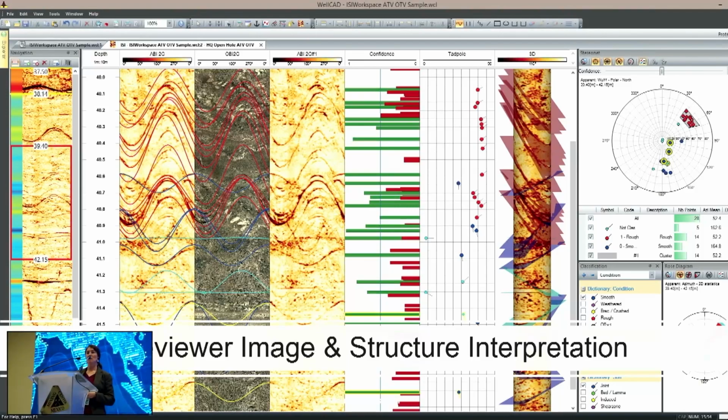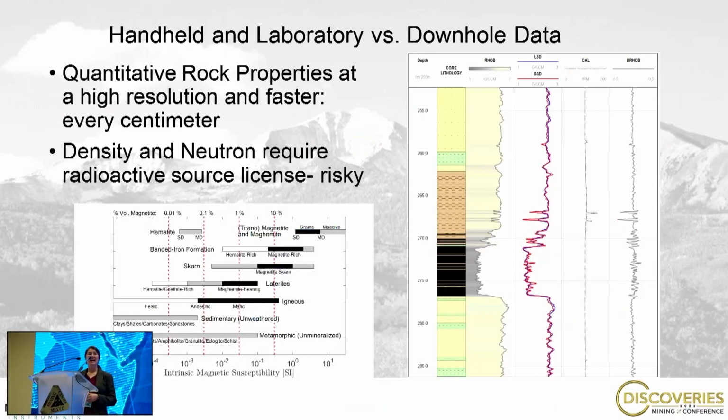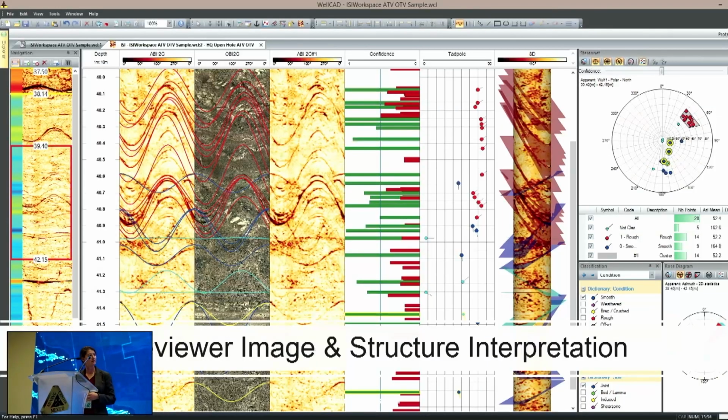So collecting data is one piece of the puzzle. As I'm sure many of you in this room know, the other half of that puzzle is processing it and making that data effective. We end up with too large of data sets, especially when we are working with service companies that might be selecting every little fracture that they see because they don't know what you at the mine site really need, right? They might not know what your goals are for that structure interpretation, so they're just picking everything. They're picking every single structure there, and then you get this data set that's too big, it's too much, and it's not what your goals are for the project, right?